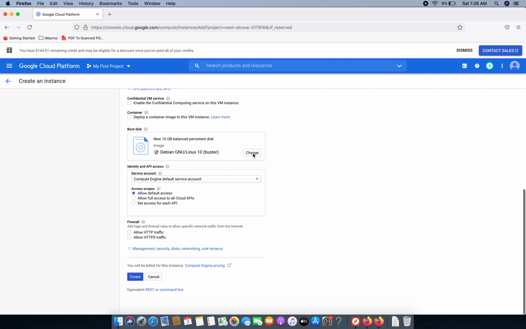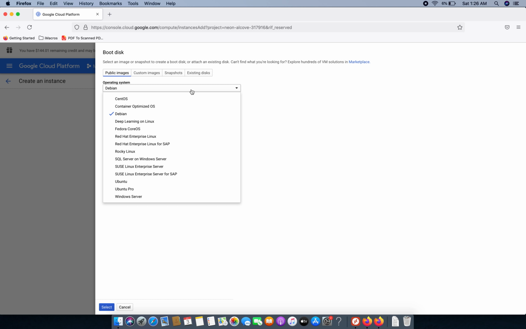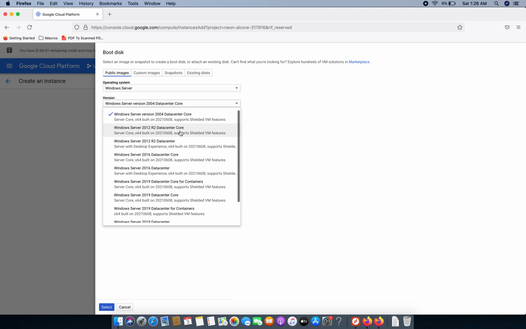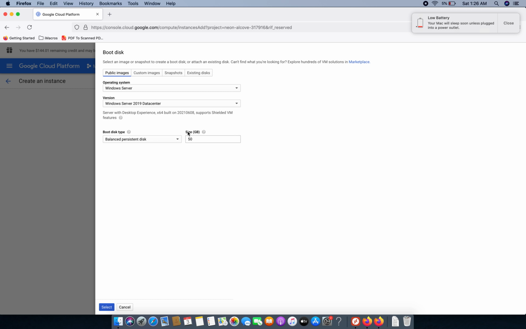Then here select your operating system. This part is very important. Select whichever operating system you want. I am going for Windows Server 2019. Make sure to click on the one which has server with desktop experience, x64-bit, 50 GB.